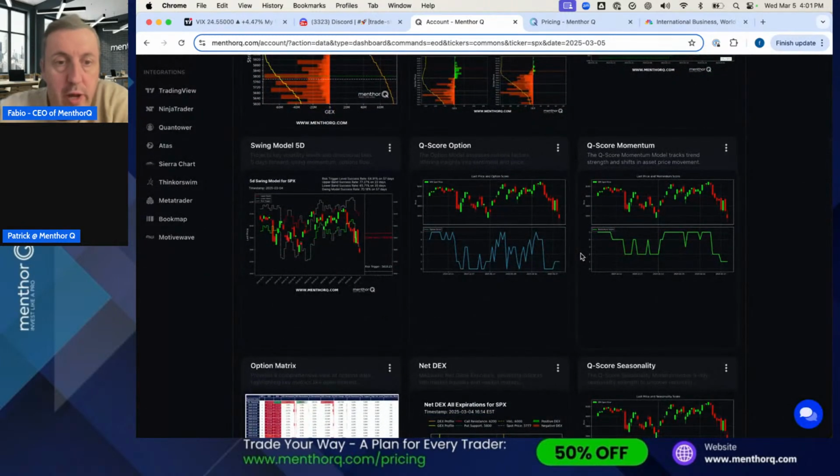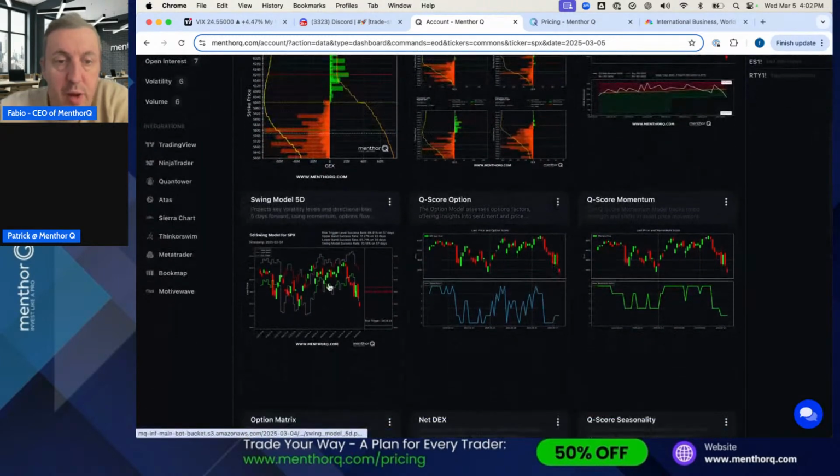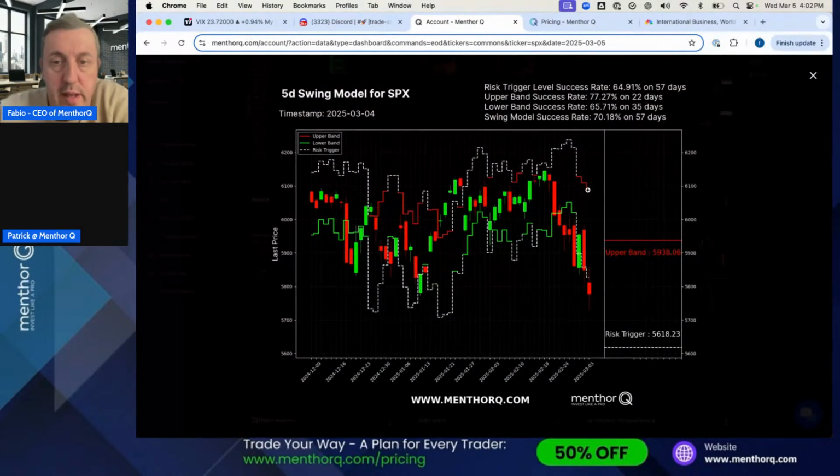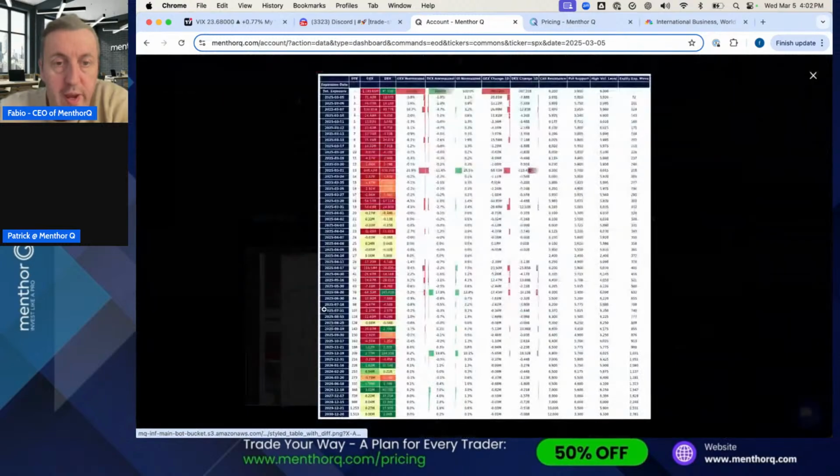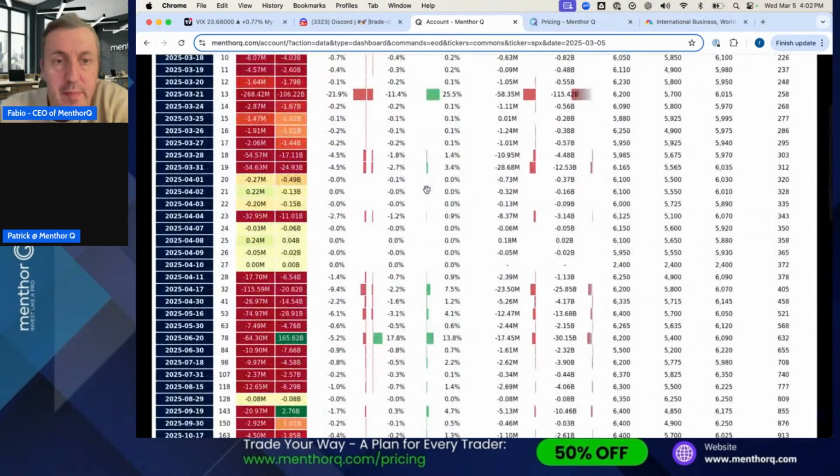And then if we look at our swing model, we are in a bearish environment. We can see that we have our upper band, and our upper band is 5,938, and we have our risk trigger of 5,618. So as you can see, this is how the market turned over the past week or so. We can also look at the matrix and see basically